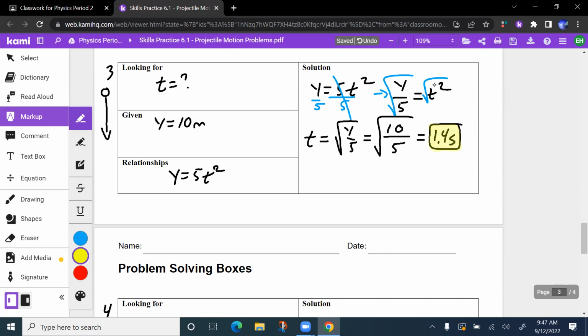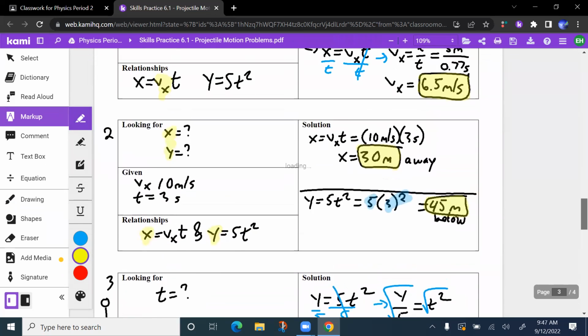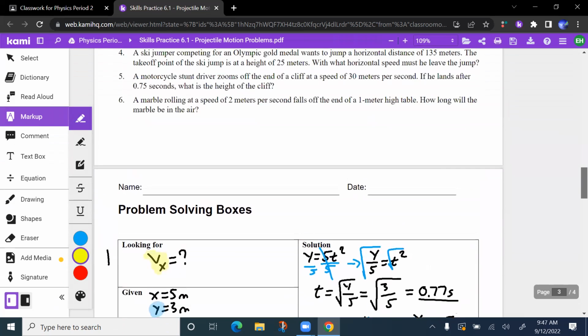Number 3, fairly straightforward, really just a free fall style problem. But again, remember, in projectile motion, the vertical component is free fall, acceleration due to gravity. Number 4,